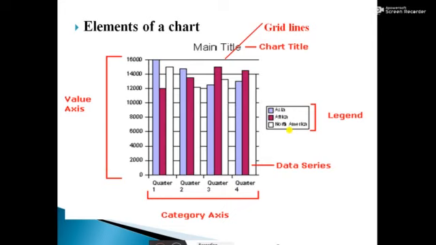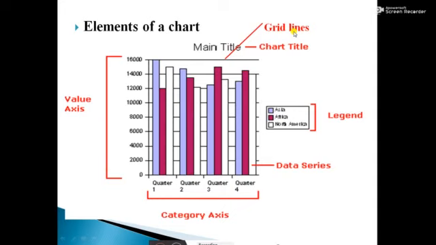Is it clear, students? That is what is meant by legend. So legend means what? It is a small visual representation of the chart's data series to understand each data series without any confusion.